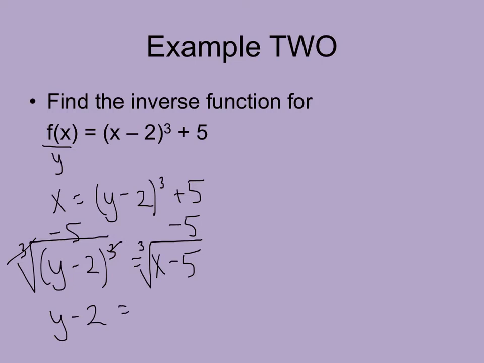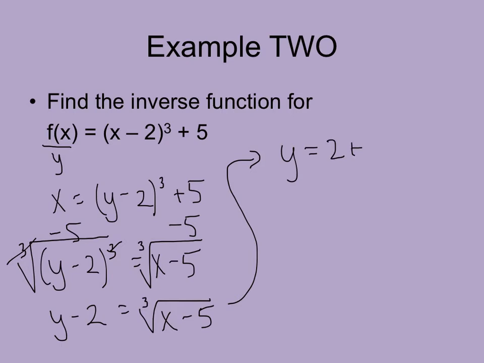Since it's a cube root, I don't need to add in plus or minus. You only need to do that if you're taking an even root. So I just end up with y minus 2 equals the cube root of x minus 5. The last thing I need to do is add 2 to both sides. And so you can have y equals either 2 plus the cube root of x minus 5,